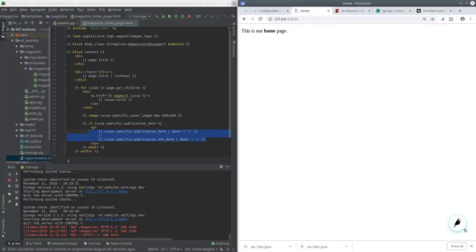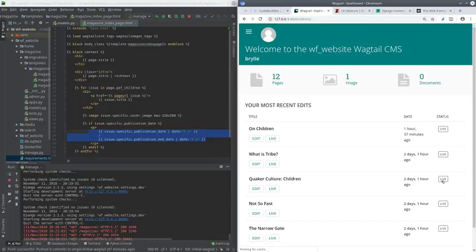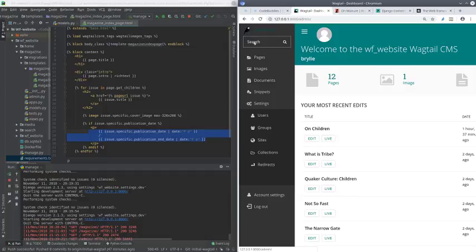So here's our functioning Wagtail site. I've been doing some internationalization work. I'll just close those out. The front end of the website, we're not applying any CSS, so it's not going to be very elegant looking. But the back end comes with the default Wagtail. And this week what we focused on